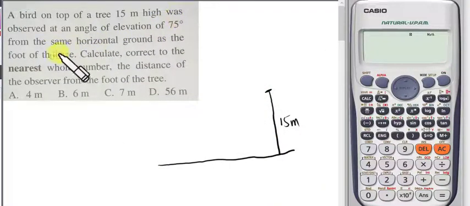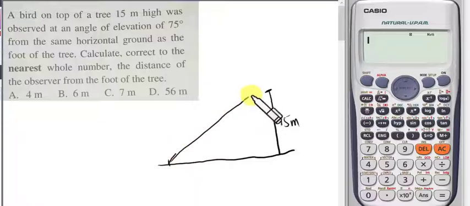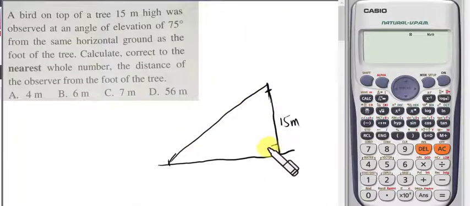And the bird was observed at an angle of elevation of 75 degrees. The angle of elevation is the angle between the horizontal eye level and the line of sight. So that means that to lift your eye from this horizontal eye level to look at the bird, it has to go through an angle of 75 degrees. So it's something like that. So we're going to have a right angle triangle this way because there is a vertical line and there is a horizontal line. So the angle here is 75 degrees